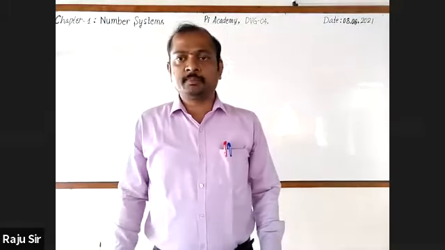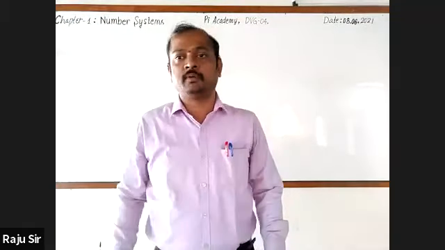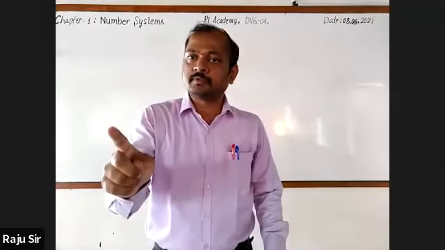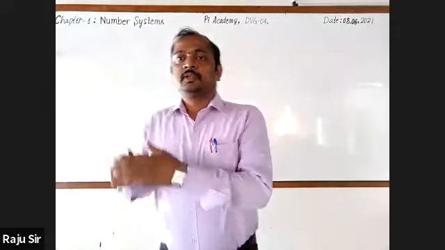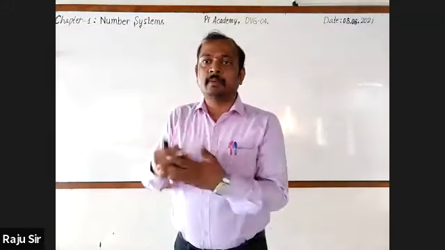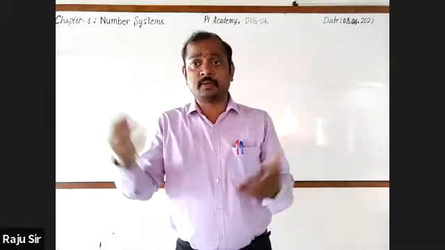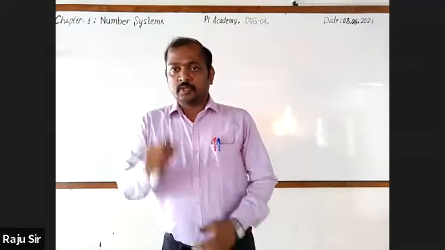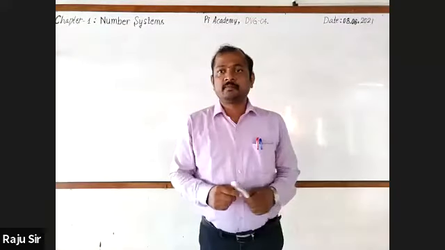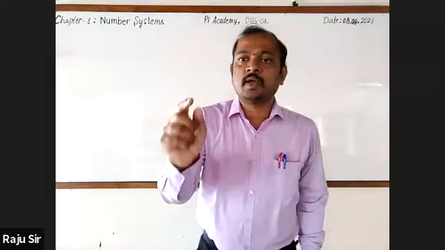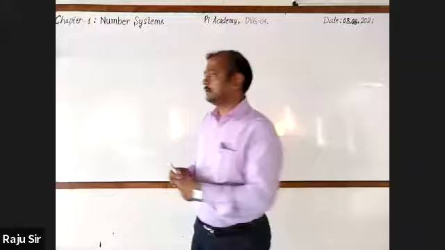In the beginning of this chapter, I told you that you must learn the squares of the numbers from 1 to 25. Similarly, cubes of the numbers from 1 to 10. Because the next concept what we are going to discuss is completely based on these only. Square numbers, cube numbers, fourth numbers, fifth numbers, and so on. Okay, once we shall go for recalling. Right now, side heading, recalling squares and square roots, cubes and cube roots. Within 3 to 4 minutes, let's go for recalling.